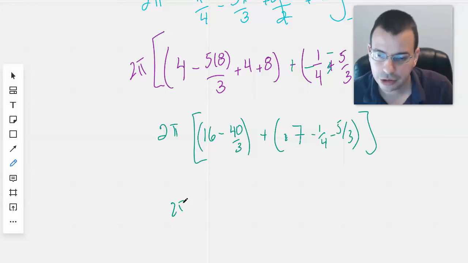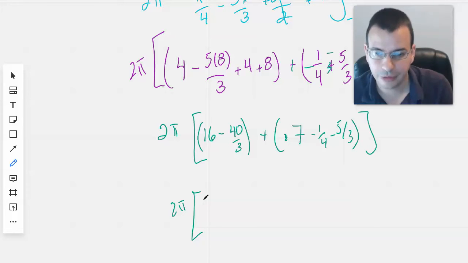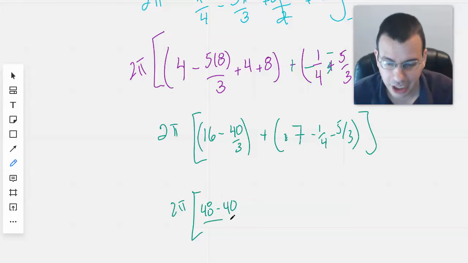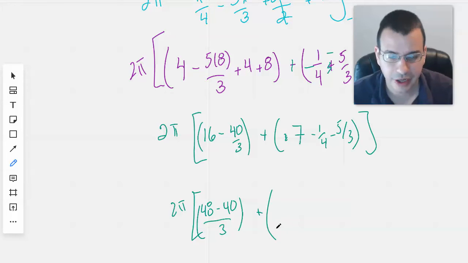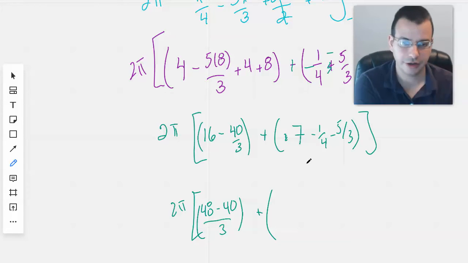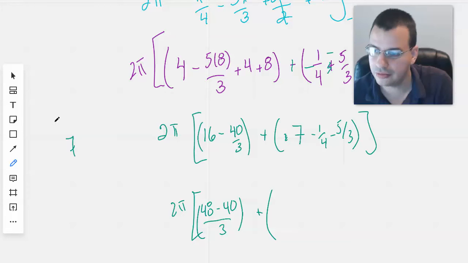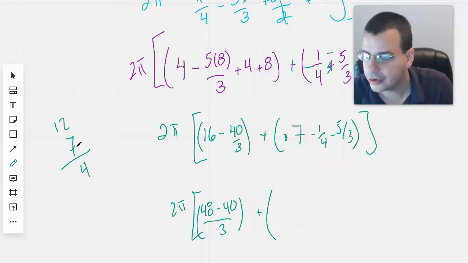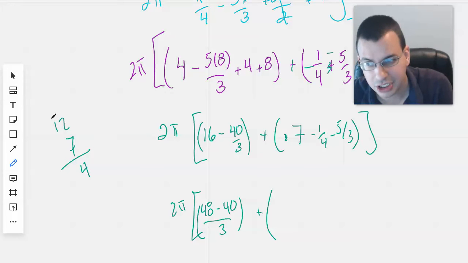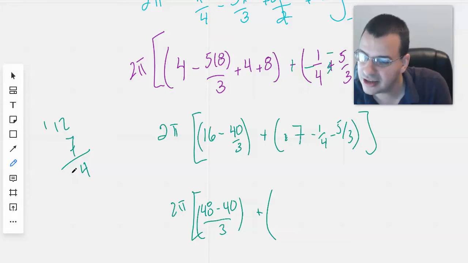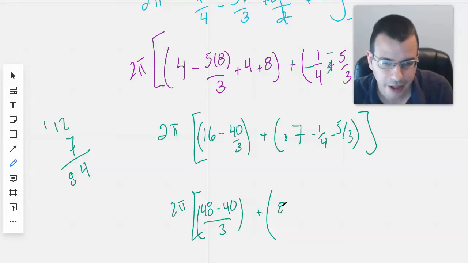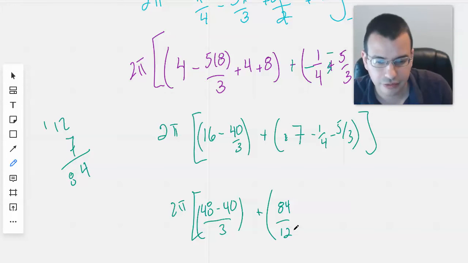So we have 2 pi. This will be 48 minus 40, because 16 times 3 is 48 over 3. Not too bad, we can do that. Plus, all right, so now we're going to have to go to twelfths here. So 7 times 12, so tedious. 7 times 12 is 84. Yeah, that seems reasonable. 84 over 12